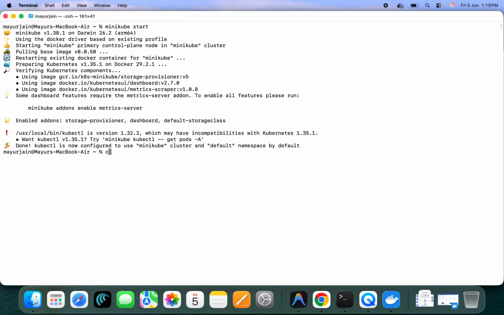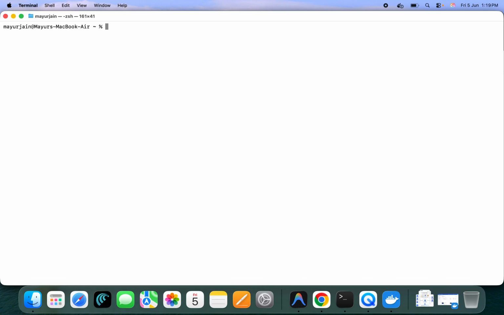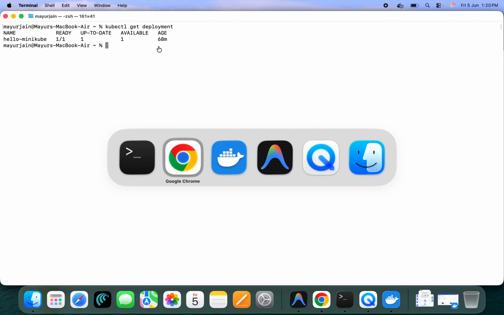Now what I'll do is clear this. Now I'll run kubectl get deployment. So there is one deployment, hello minikube, which is already up and running, which was done 68 minutes ago. Now if you're doing it for the first time, what I can do is go to the browser again